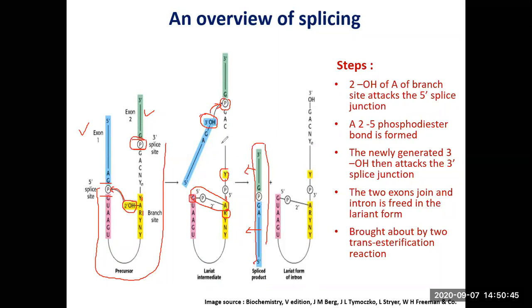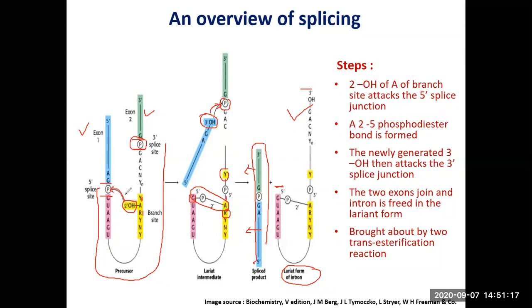And this is the intron. This is the 3' end of the intron, and this is the 5' end of the intron. The intron is freed. Since it is bonded here, we call it a lariat form of intron. This lariat form of intron is freed. So that is how the intron is precisely removed by two successive